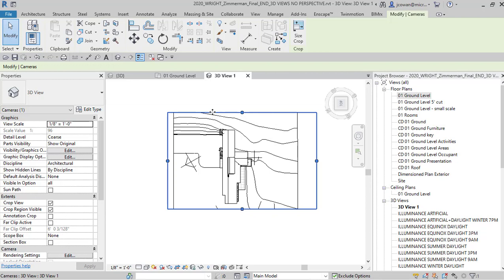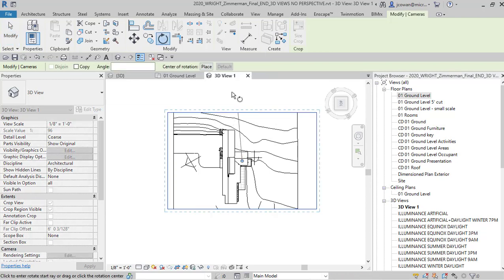If I pick the outside of the crop region and I go to rotate, I'm going to rotate it 90 degrees. It might seem like it's the opposite one that you want. I want to go to the left like that, and I could also type in -90, but when I do that, you'll see that the view is, oh sorry, I need to click